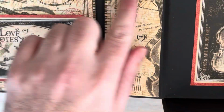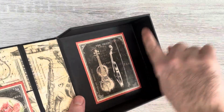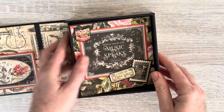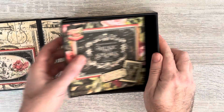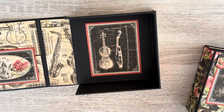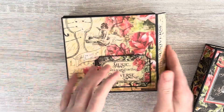So you've got a pattern continuation going here. And then inside, I could have covered this as well, but if I'd covered the sides as well, it might not have fitted, or it might have been a bit too much of a squeeze. So I just put one of the image pieces on the bottom like so. So let's have a look at